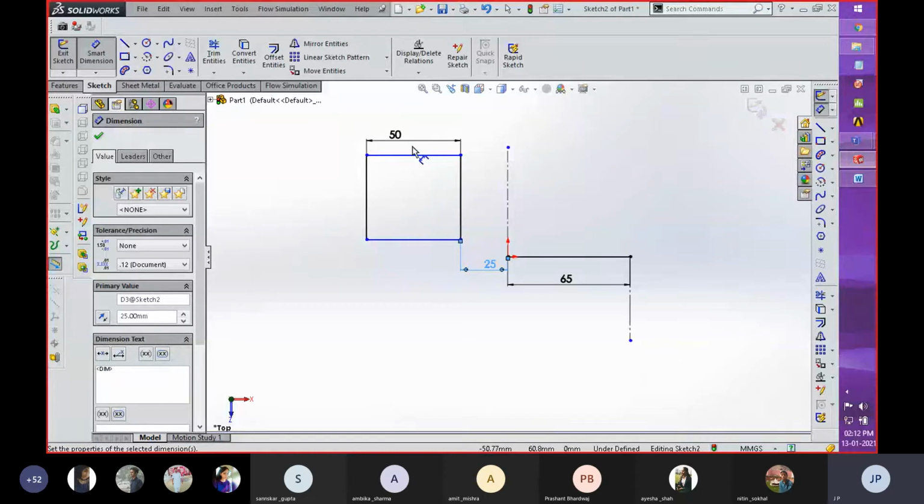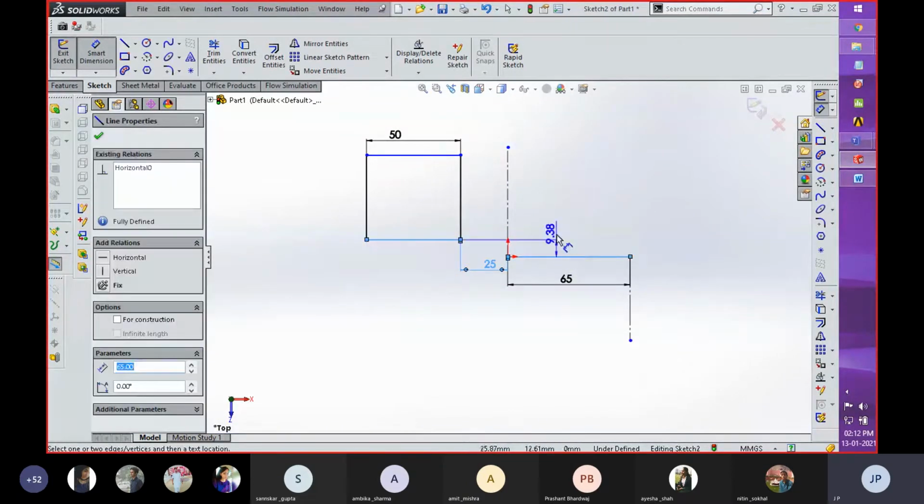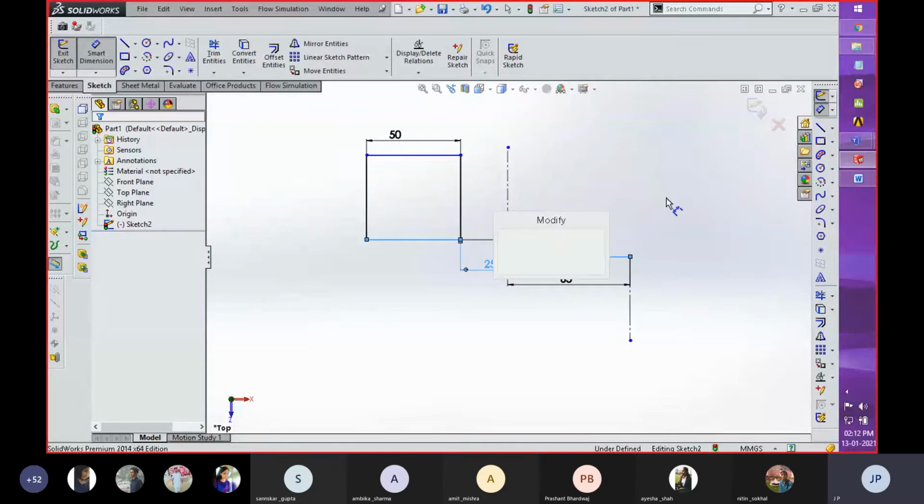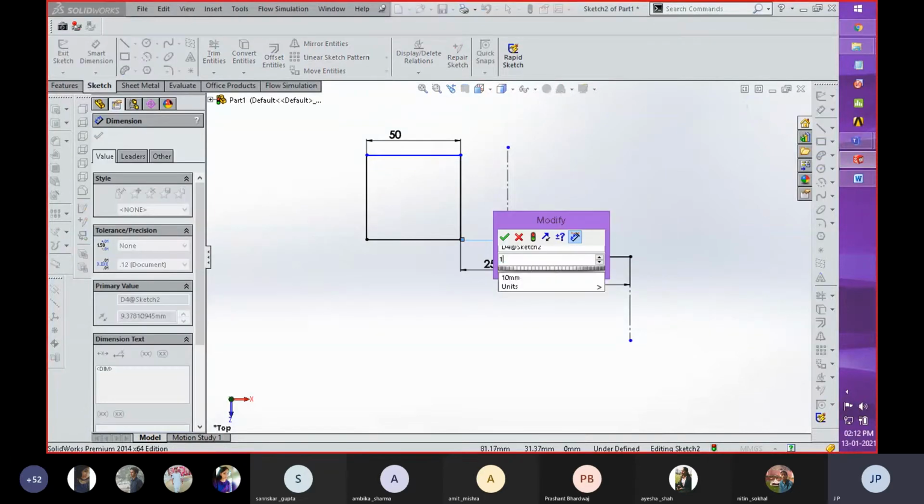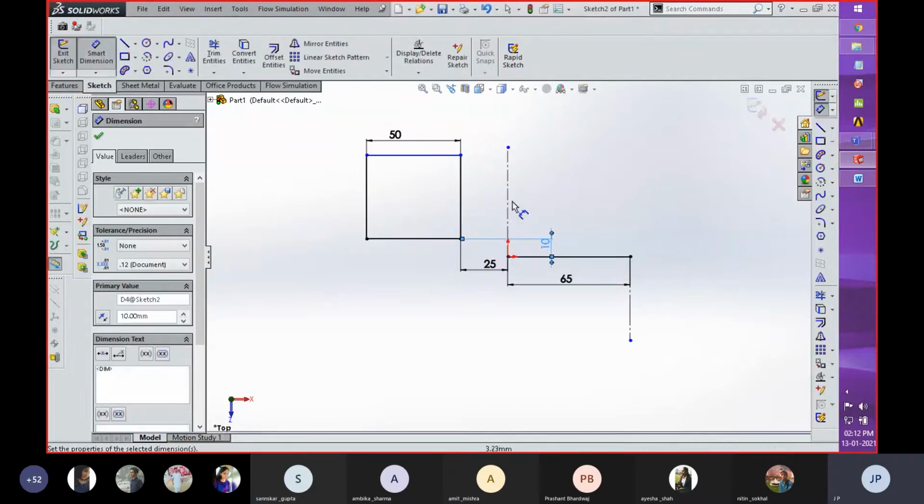Whenever you create any sketch, the most important thing is that whatever sketch you have created should be constrained, and for checking that, every line should be shown in black color. I am not yet dimensioning this line with respect to the reference point. After dimensioning, you can see that this line changes its color from blue to black.